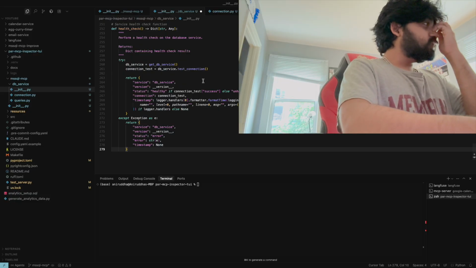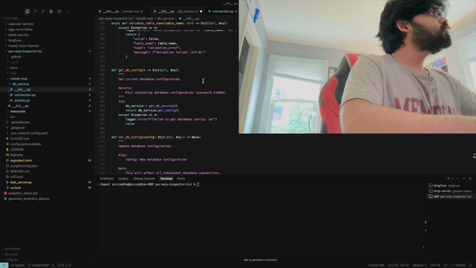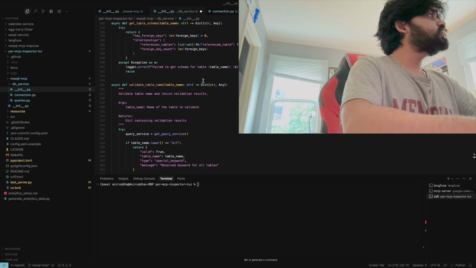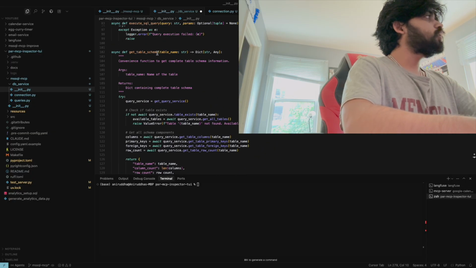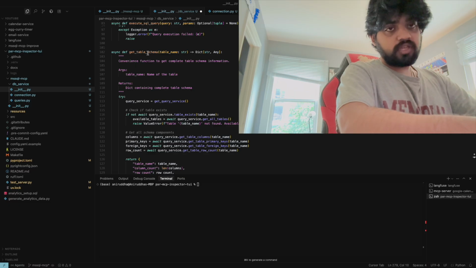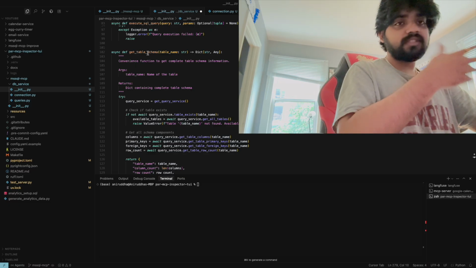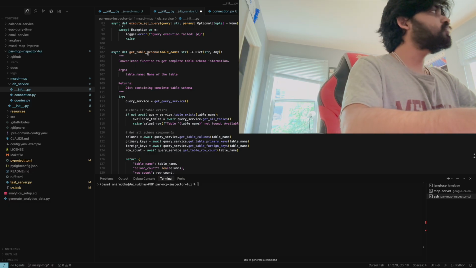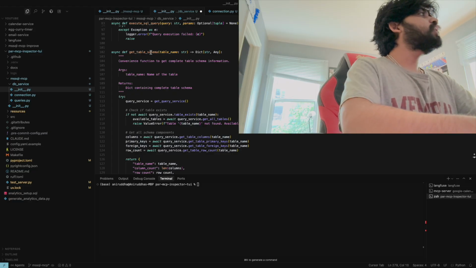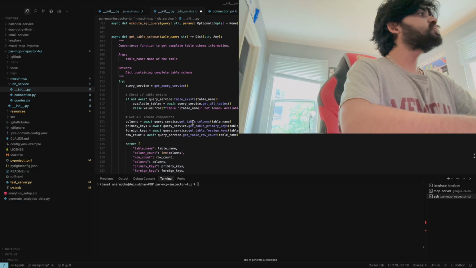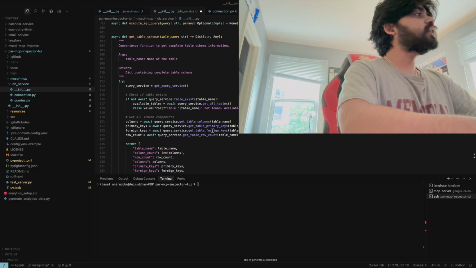Init.py has one function that I want you to take note of, which is get table schema. So get table schema is again used by the resource schema/table name. It's the same resource, which is a parameterized resource template. And what this get table schema does is use get table columns, get table primary key, and